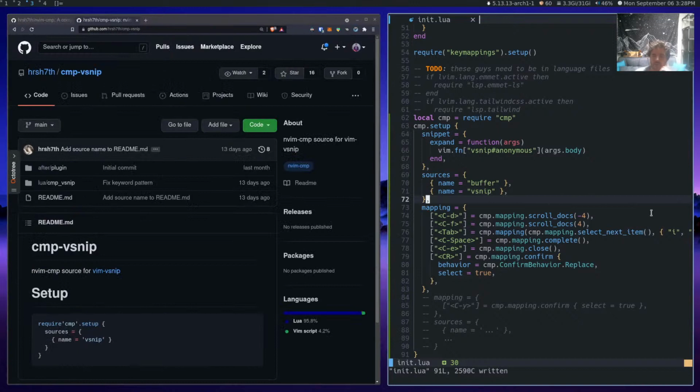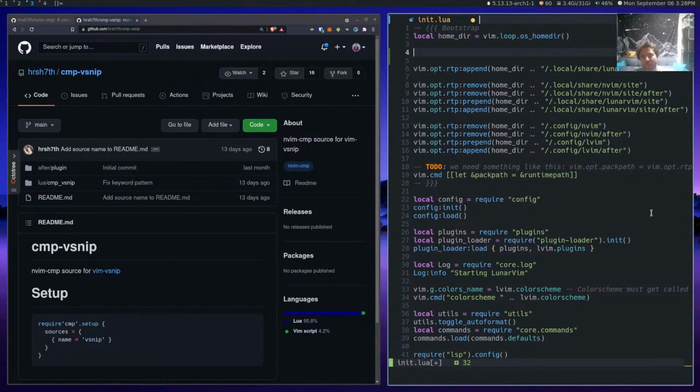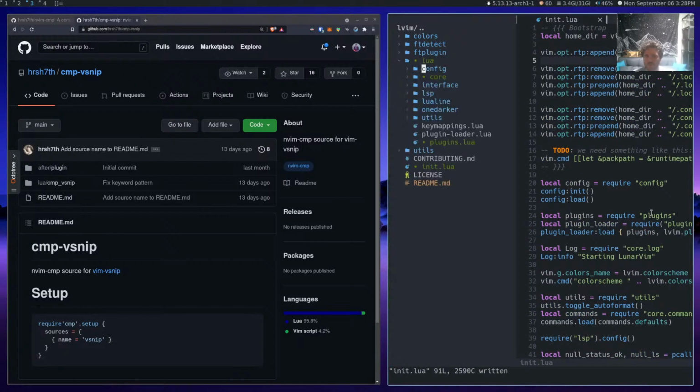Like you would think, okay, once we say the snippet is, we have something for snippet here, and we pulled it in, and you would think once you pull in the name vsnip, that you would just get snippets. Now, maybe no, vsnip definitely has stuff for this. Wow, that made everything go into error mode really fast. vsnip definitely has things for this. Okay, but we probably don't have friendly snippets. So maybe that's it. But I feel like there were some base snippets that were always available to me in Lua. Maybe they're just not here anymore.